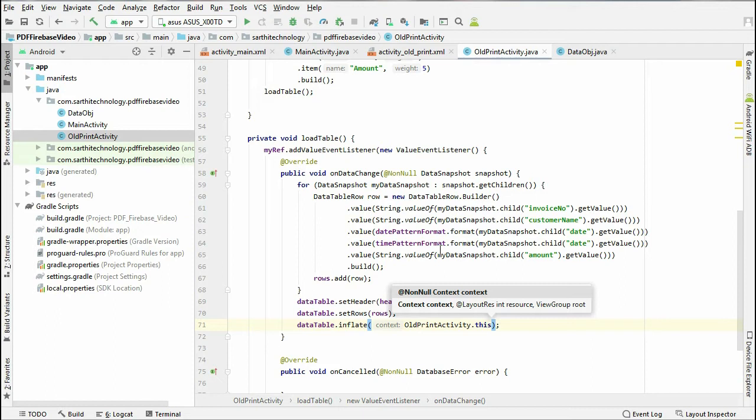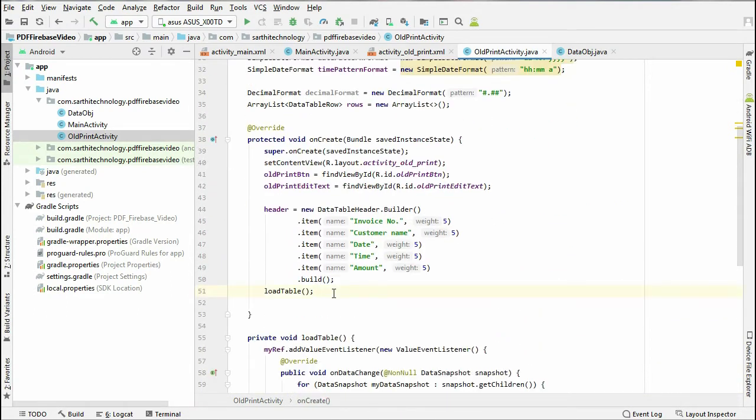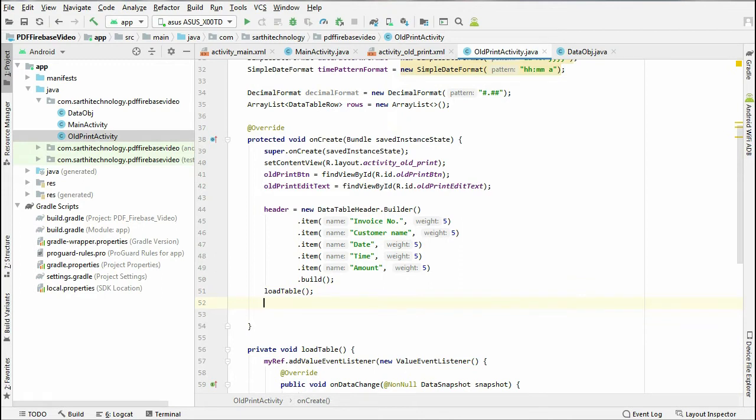In this video we will learn how to print old PDF. First, in the onCreate we will call a method listeners.